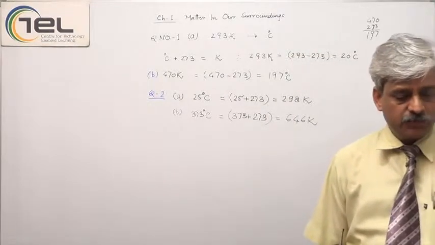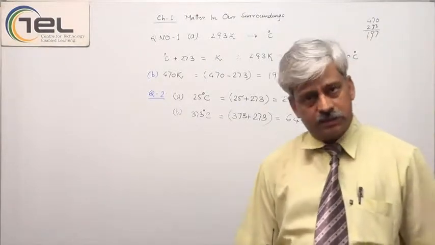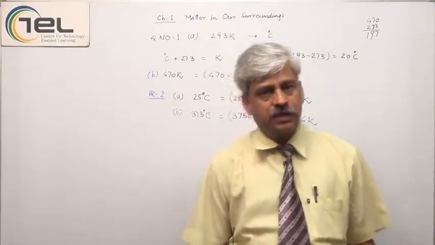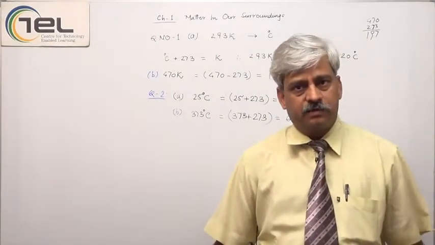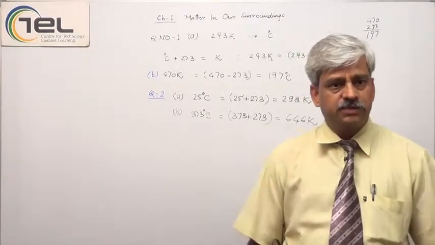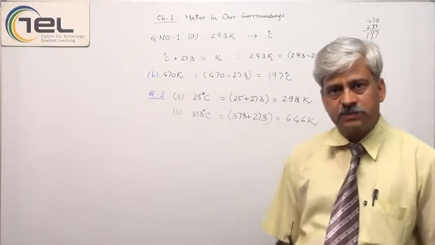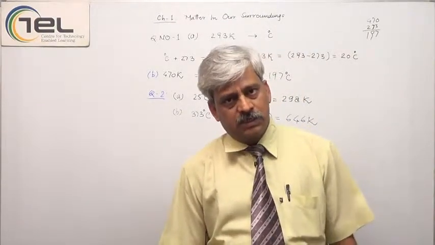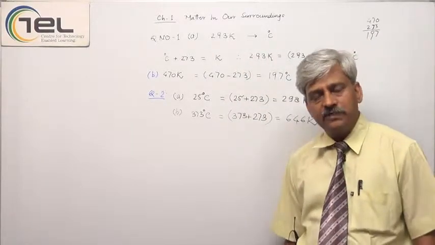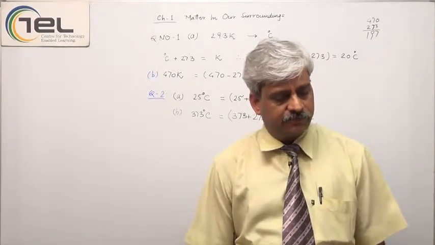The B part is: we can get the smell of perfume sitting several meters away. Yes, that is on the basis of diffusion, because you know that two gases, when kept at the same pressure, mix up together, and this mixing up of the gases we call diffusion. So if a particular perfume is kept inside a room at one particular place, it can be smelled in every part of the room after some time because of diffusion. So this is the event of diffusion.